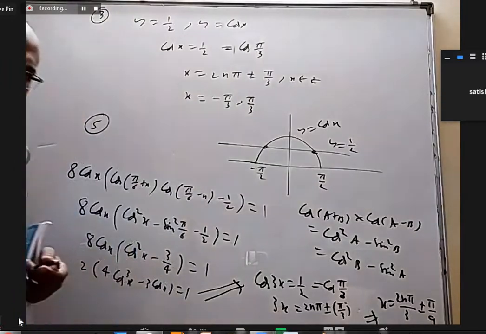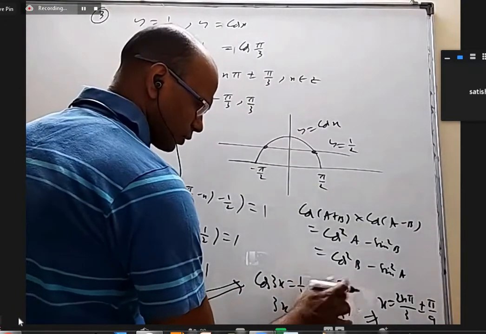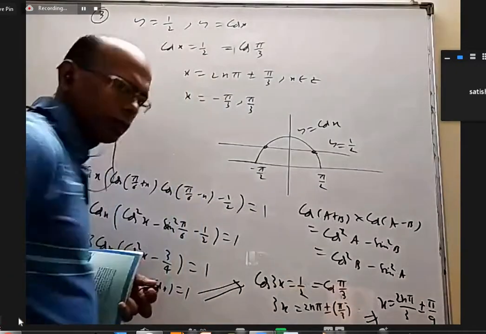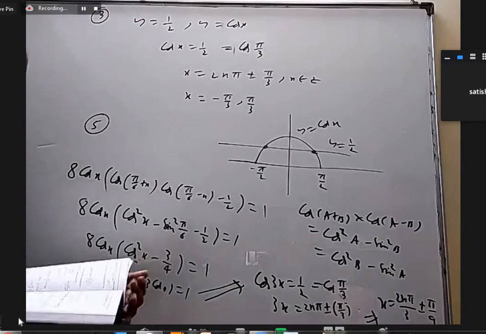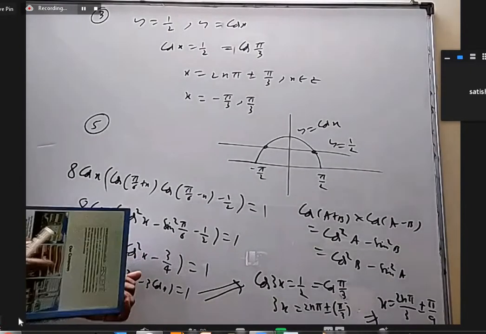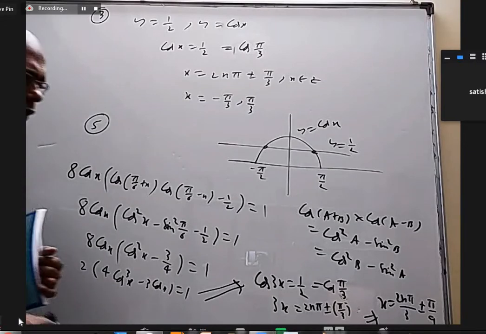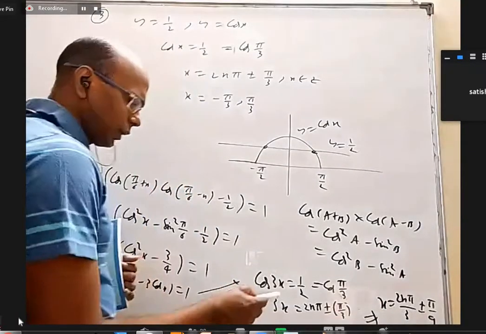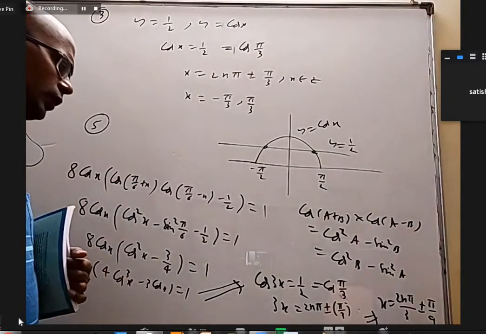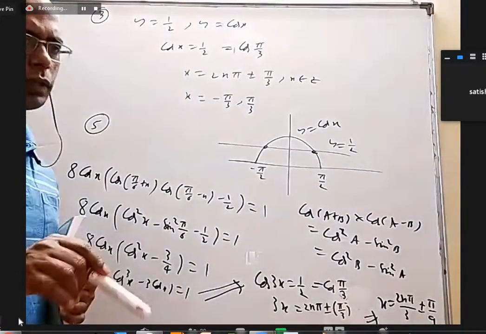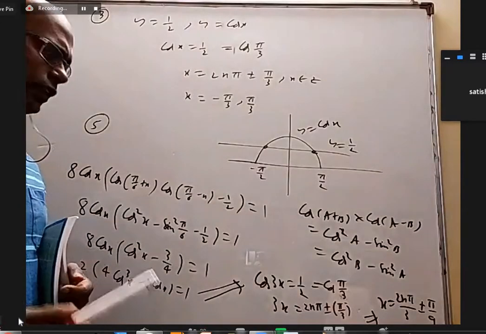As I said, mainly in the mains and advanced, they ask number of solutions rather than the general solution. In IIT, there may be quite a few questions on general solution. So here between 0 to pi, how many values are there in this list? We have to find. Either I can write all the solutions, or I can understand that when x is between 0 to pi, 3x is between 0 to 3 pi. Between 0 to 3 pi, cos will attain 1 by 2 how many times? First quadrant, the fourth quadrant, again first quadrant. There will be 3 solutions.